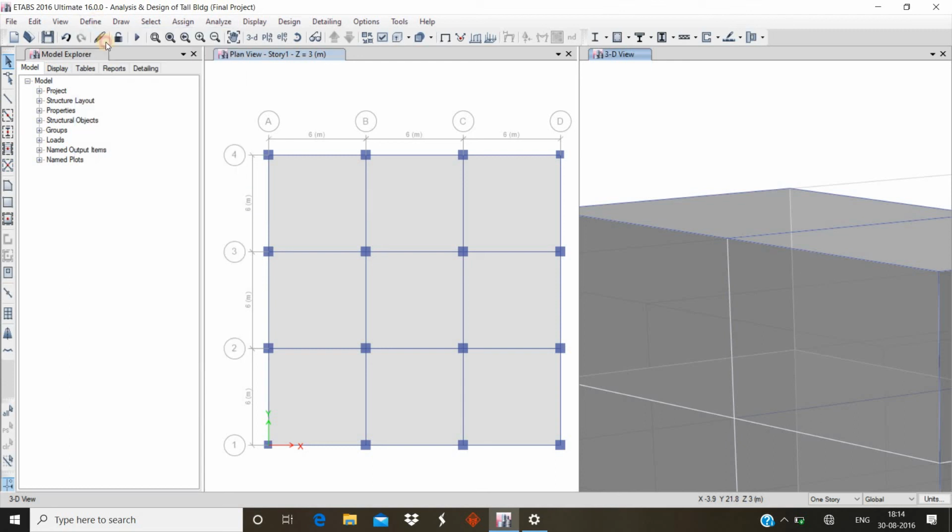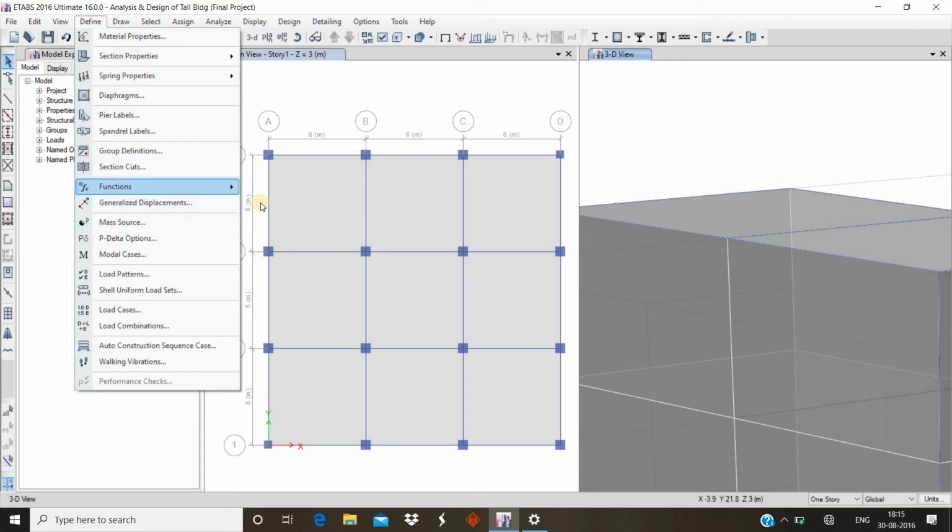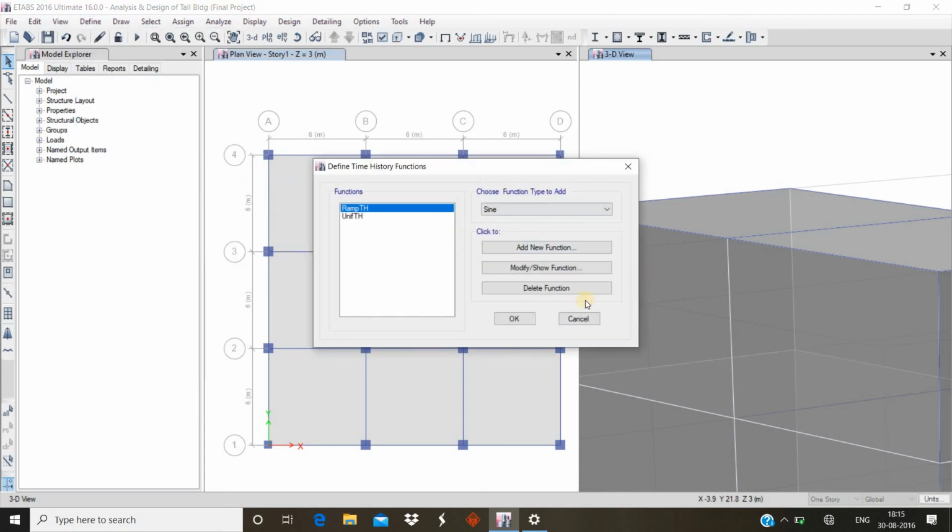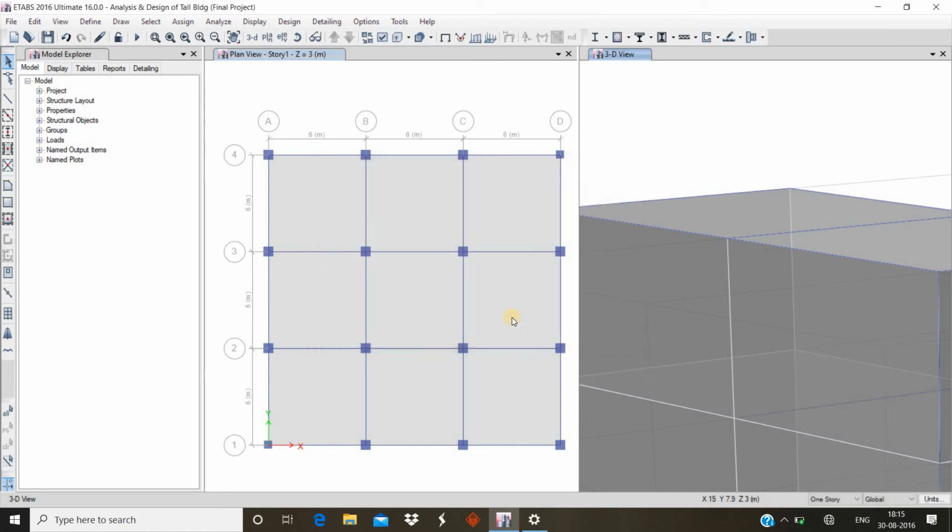So go to the define menu, then functions, then time history, then delete this function. We already have a file given by Skyfi Labs, the 2002 Bhuj earthquake. So go to from file, go to that file, click on OK.